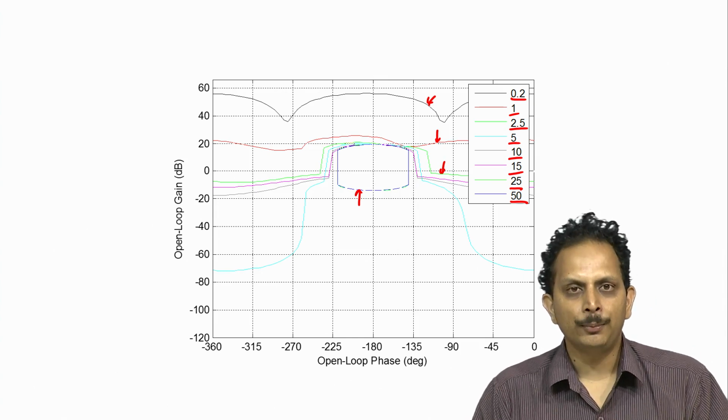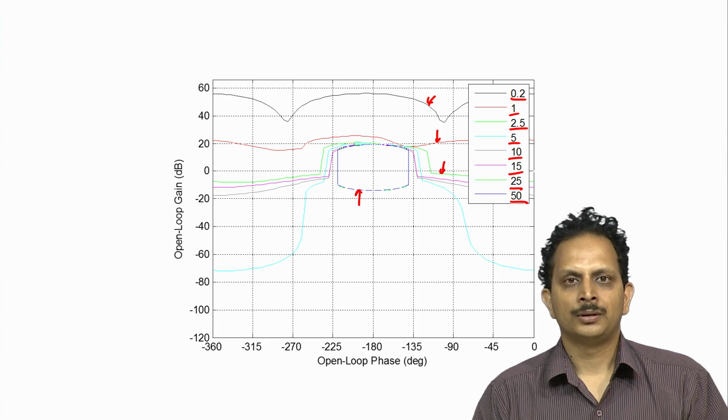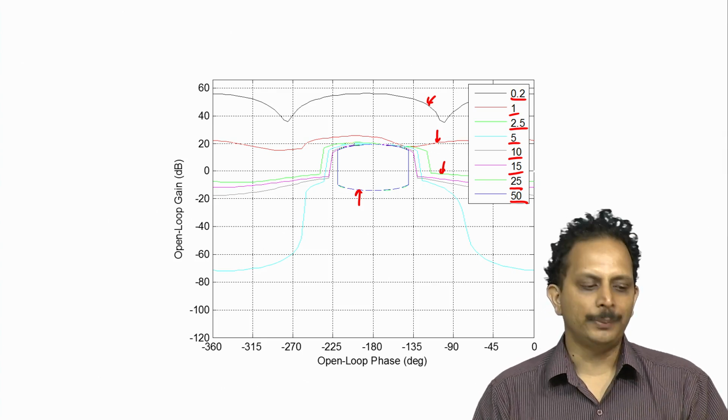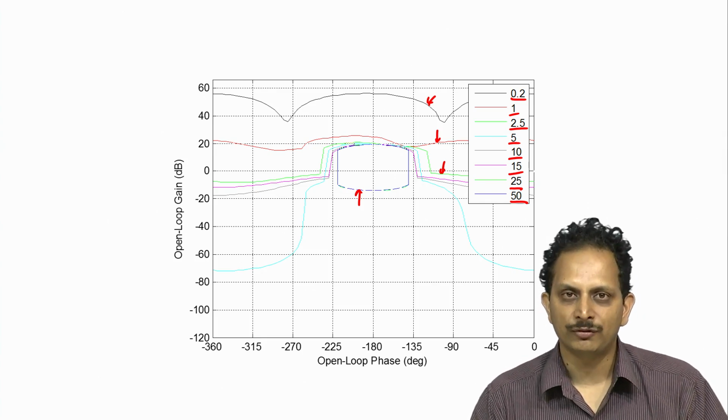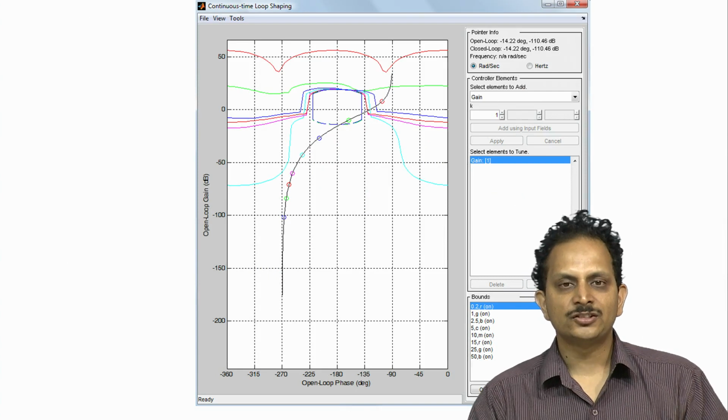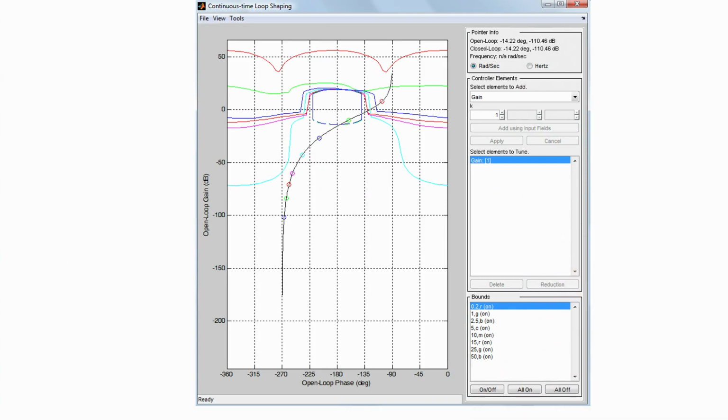So now that we have computed the bounds, we need to perform loop shaping, and to perform loop shaping once again we take the help of the dialog box that comes with the QFT toolbox. This dialog box essentially plots the bounds and superposes it with the Nichols plot of the plant itself. So the Nichols plot of the plant has been shown by this black curve here, and the color coded circles here represent the loop gains at each of the frequencies that are of interest to us.